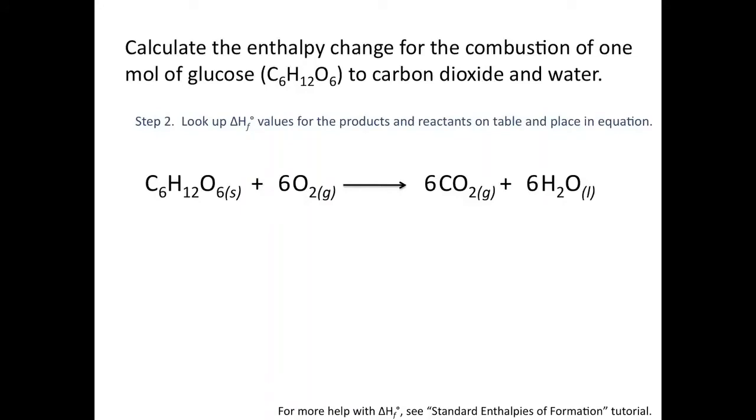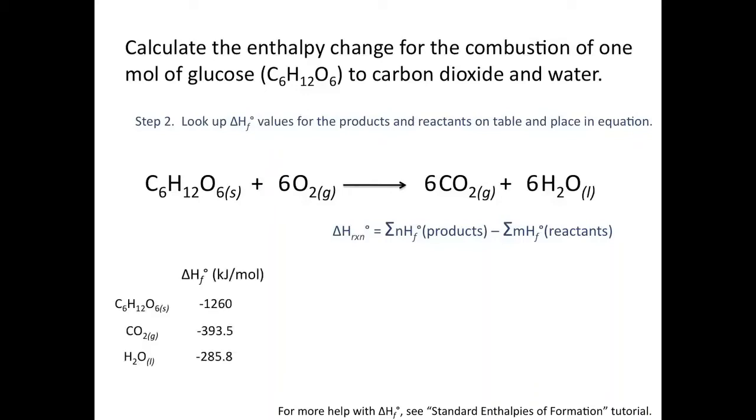The next step is to look up our enthalpy of formation values for the products and reactants on the table and place them in our equation. Remember that the enthalpy of reaction is equal to the sum of the enthalpies of formation of the products times their respective coefficients minus the enthalpies of formation of the reactants multiplied by their coefficients. Now, in order to do these problems, you would be given a table listing the enthalpies of formation of various different compounds. But in this example, to save space, I've listed only the values that we will need for this